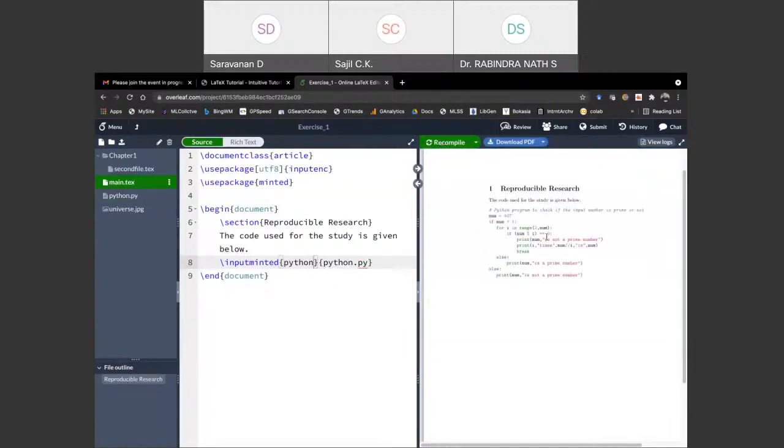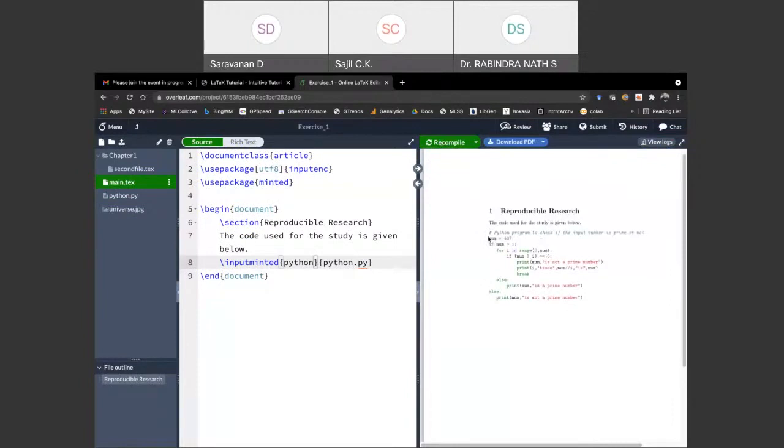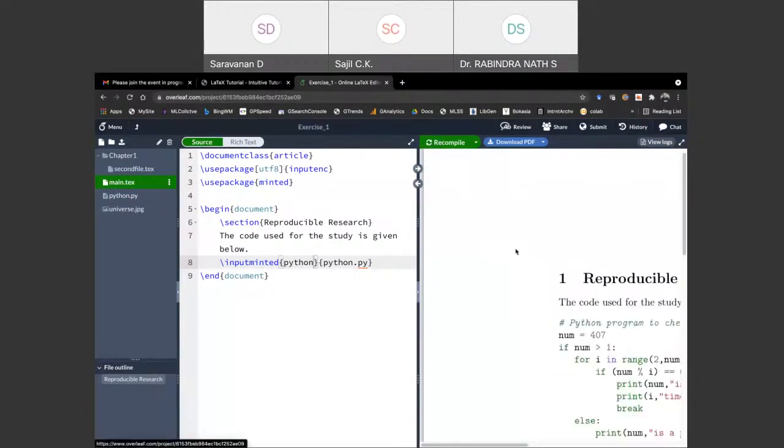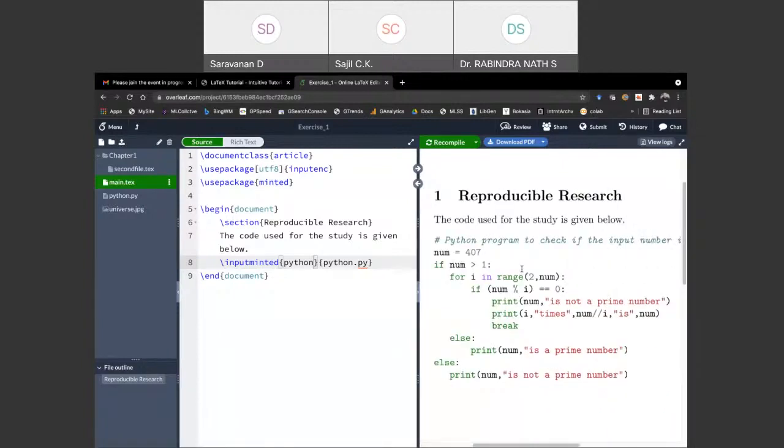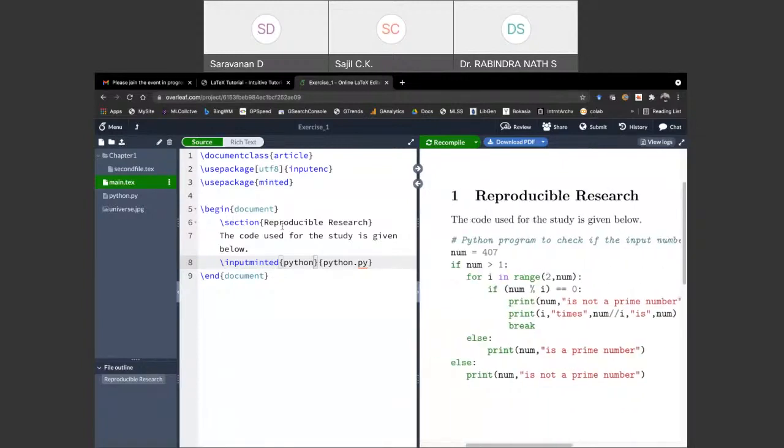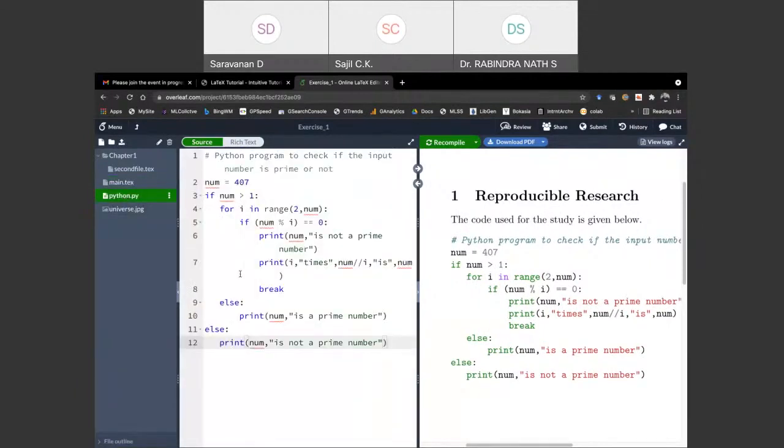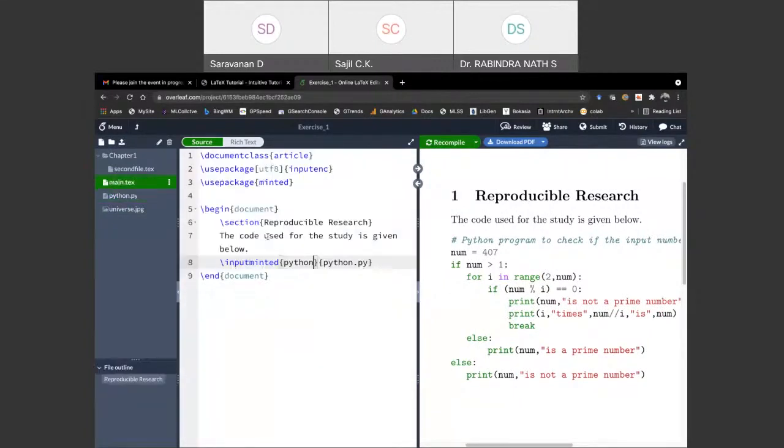see, it is rendered in a nice form in the PDF. You don't have to give the coloring or spacing, etc. What it does is go to this file where we have the raw source code file. It takes it and renders it in the right place with the right formatting.